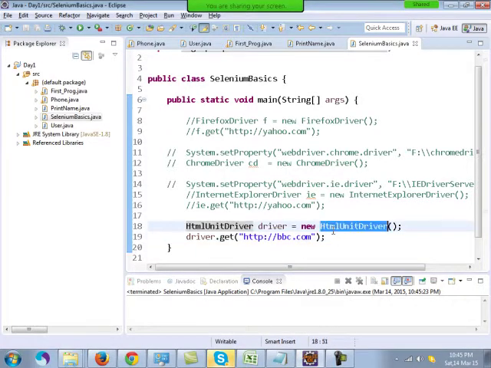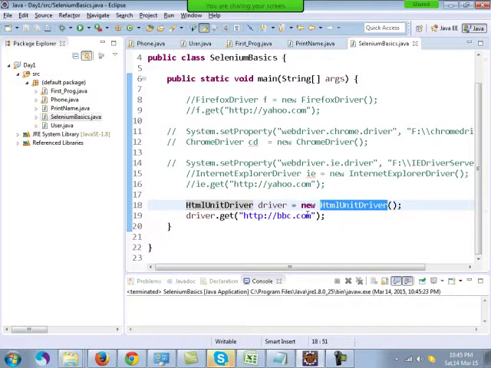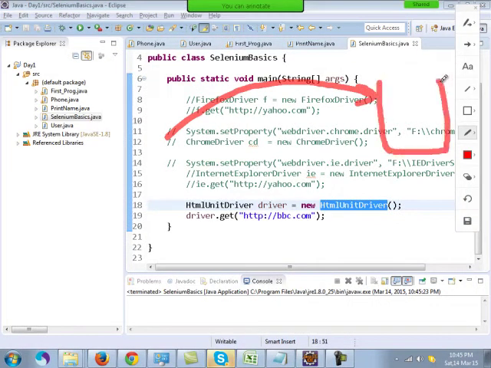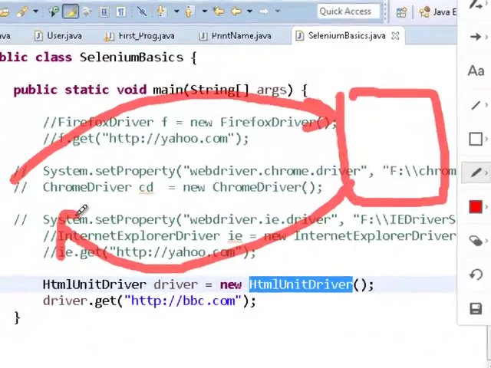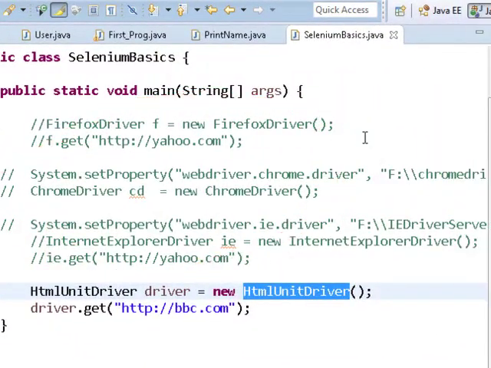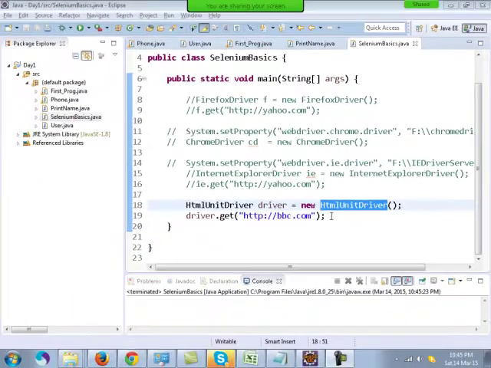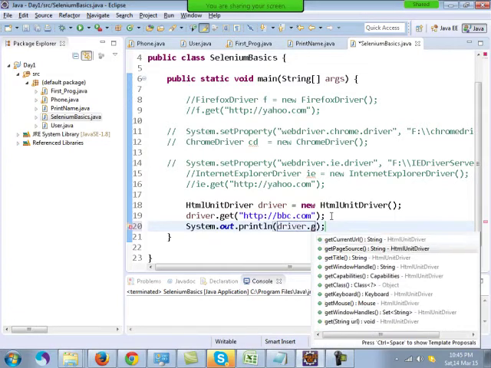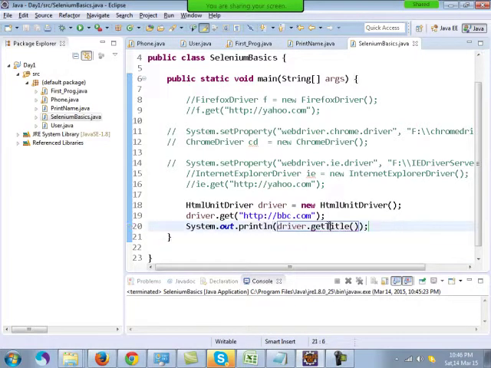HTML unit driver is actually something which works without opening the browser. It sends a silent request to the server, gets the response from the website and all, but the browser doesn't open. If I write over here system.out.println driver.getTitle, getTitle function gets you the title of the page.